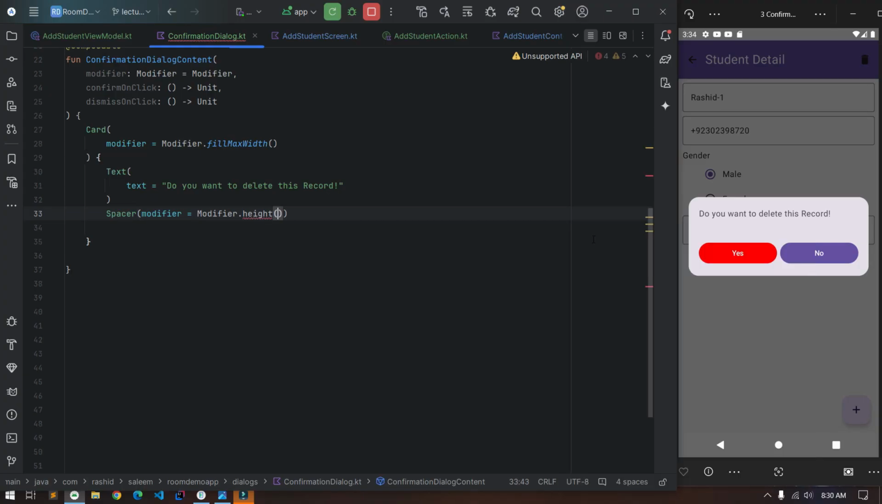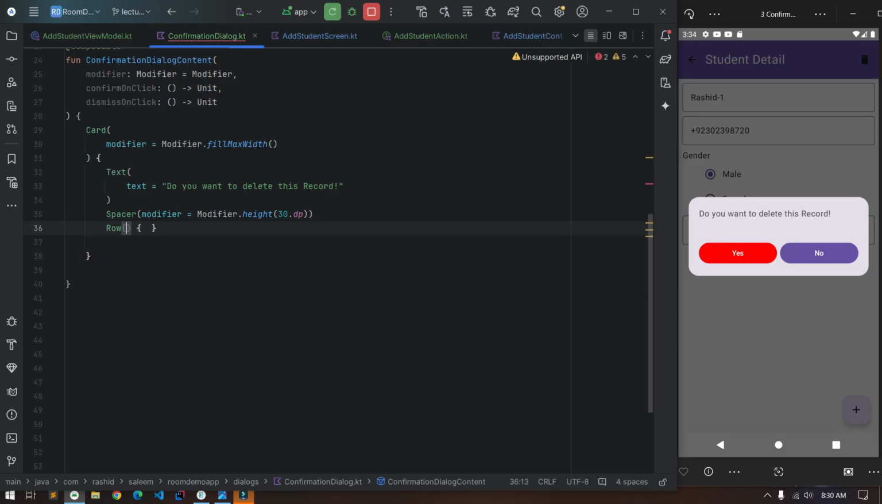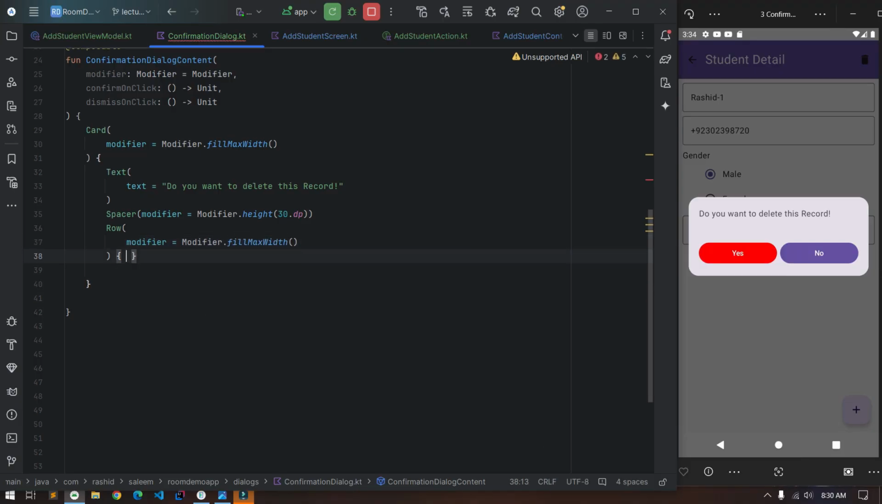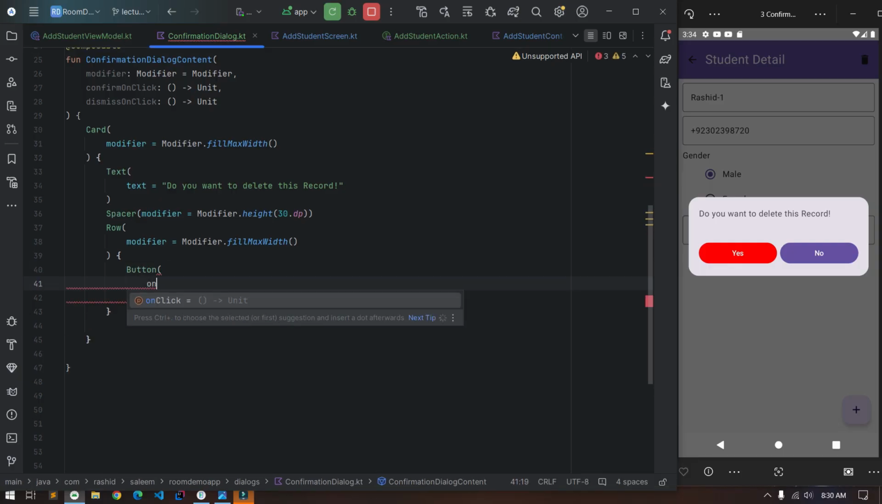Modifier dot height, let's say 30 dp. Press Alt Enter to import it, and then we will have these two buttons. As these two buttons are showing in a single row, we will use a Row composable for that, which has the full width of the screen. So modifier dot width fill max, and in that we have the first button, on click,